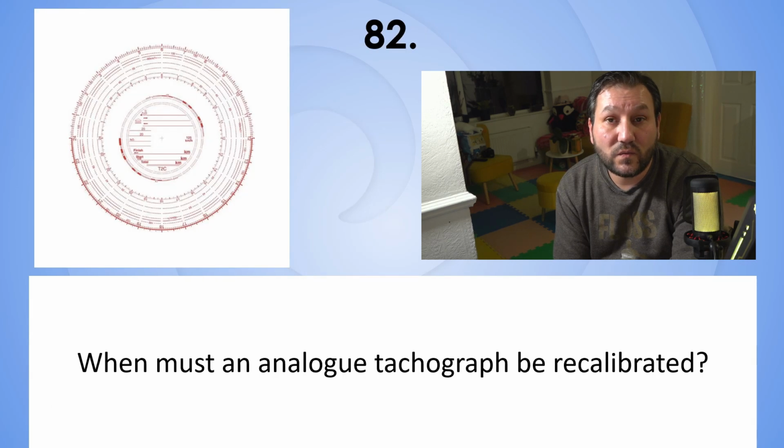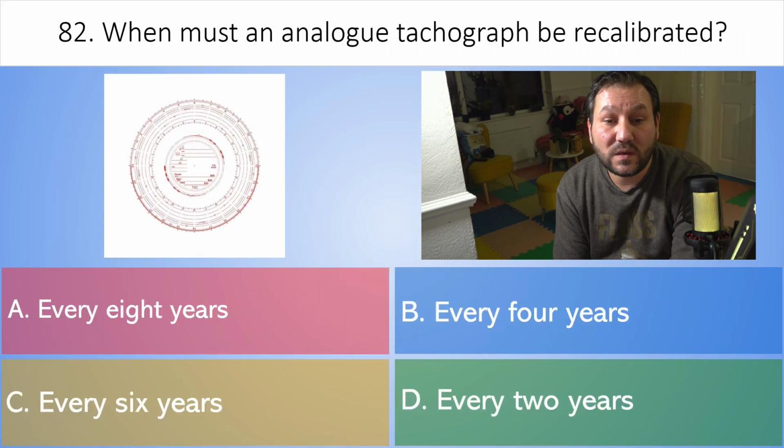82. When must an analog tachograph be recalibrated? A. Every 8 years. B. Every 4 years. C. Every 6 years. Or D. Every 2 years. And the correct answer is